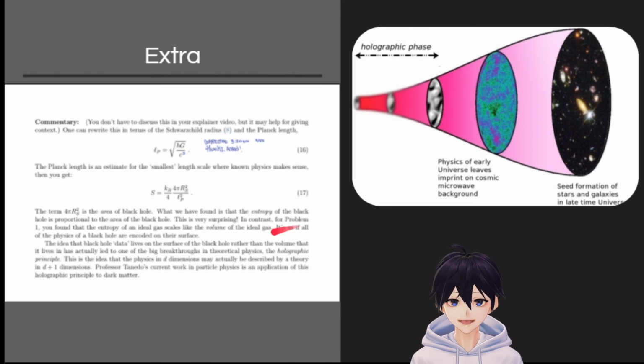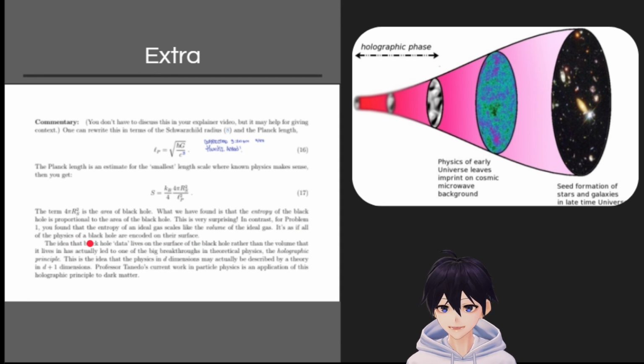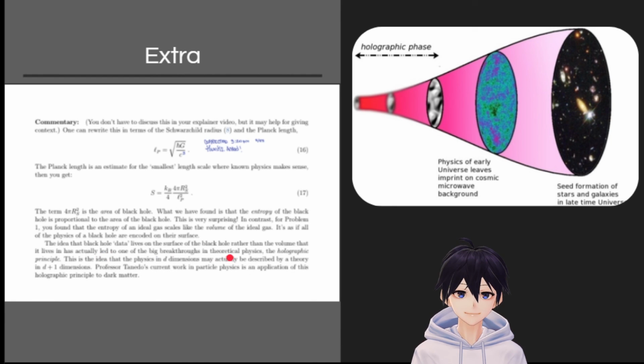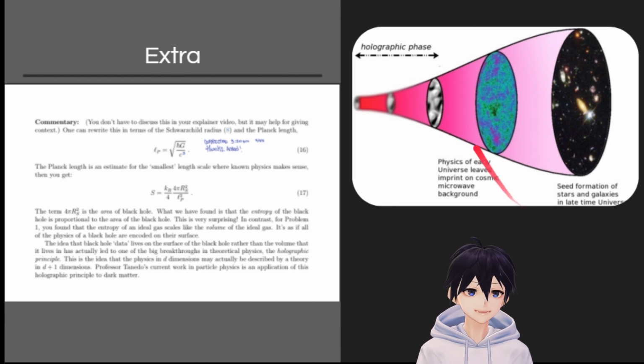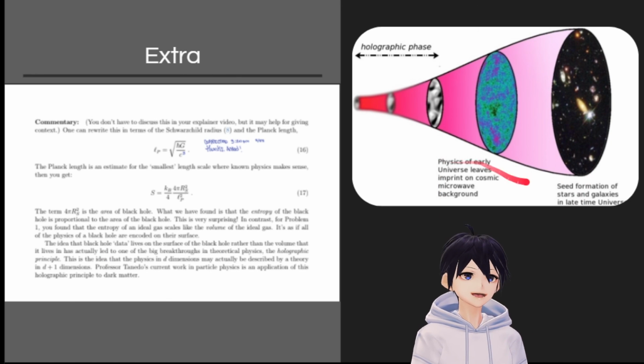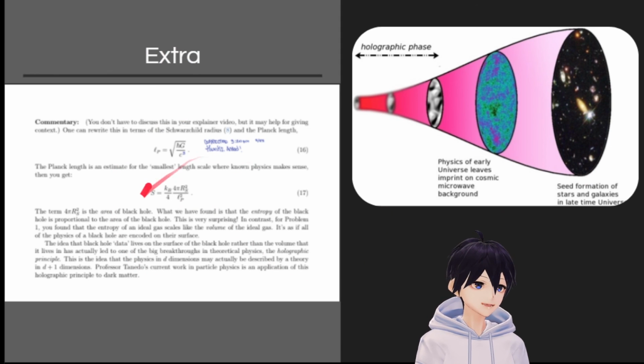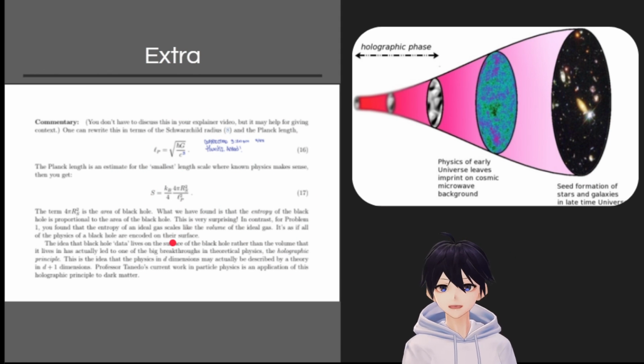This is very surprising. In contrast, for problem 1, we found that the entropy of an ideal gas scales with the volume of the ideal gas, as if all of the physics of the black hole are encoded on the surface. The idea that the black hole lives on the surface rather than in the volume actually led to one of the biggest breakthroughs in theoretical physics, also known as the holographic principle. And that kind of deals with the idea of different dimensions, which is what our professor deals with. I thought that was pretty interesting. So that's all. Hope you have a great